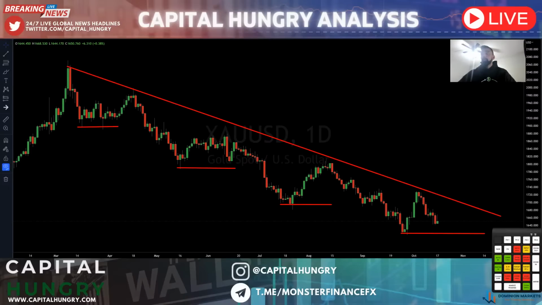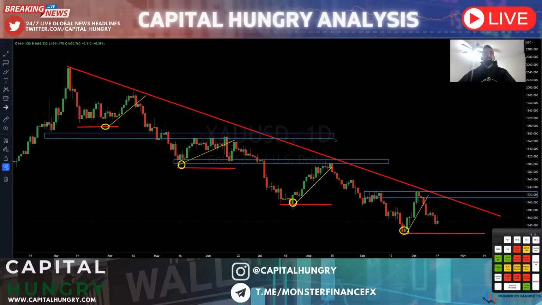If you guys go and back test any of the trades I've been taking over the last year, majority of the times I'm playing pullback gold sells. We wait for the pullback to take place and complete and fade out some of that pullback structure. We wait for the confirms of exhaustion and sellers retesting better sell zones of interest. Here was the 1720s, here was the 1800s, here was the 1870s.